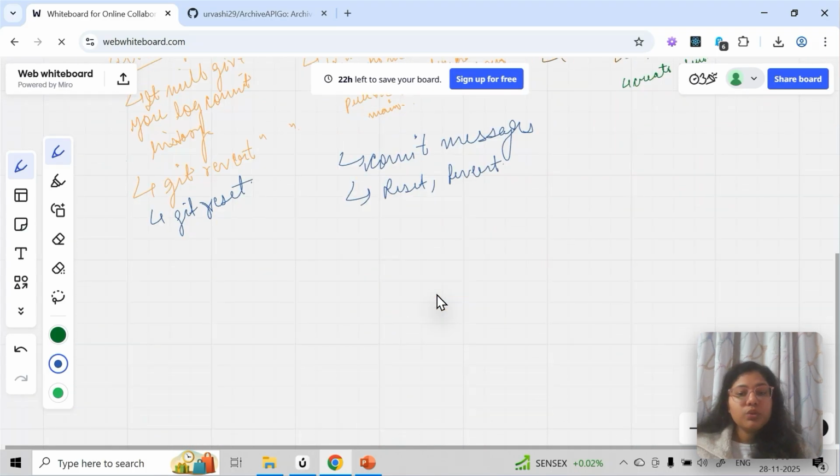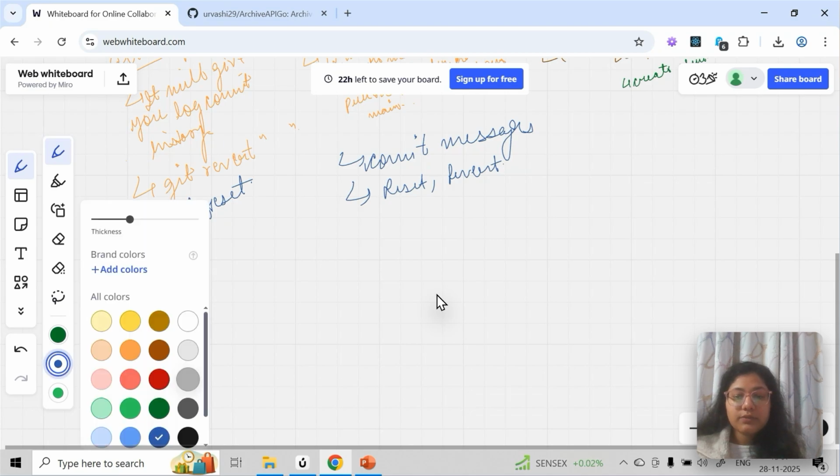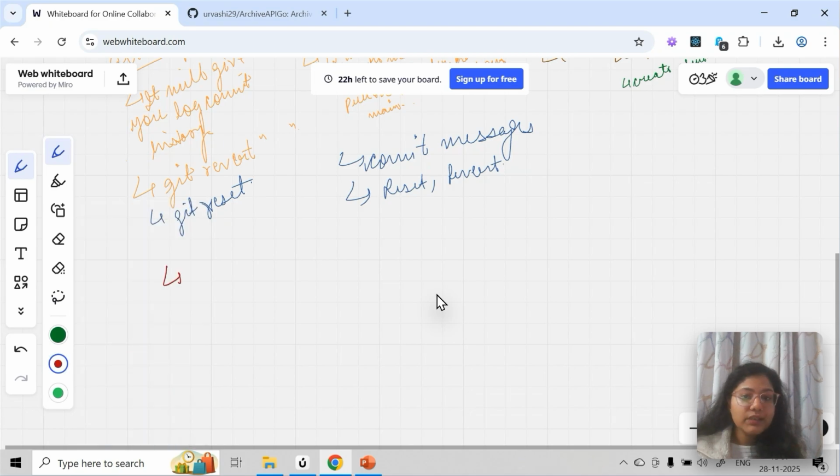So you can merge from local also. If you want to merge through commands, nowadays we use it quite less, but yeah. So git merge is the command. Which branch, not a repository, branch you want to merge with, you can mention it here. So we have this git branch command as well.